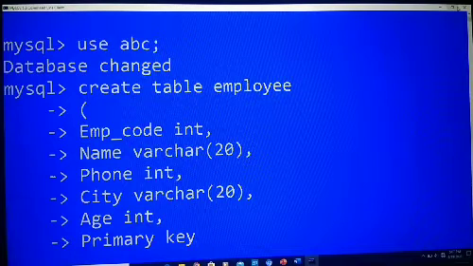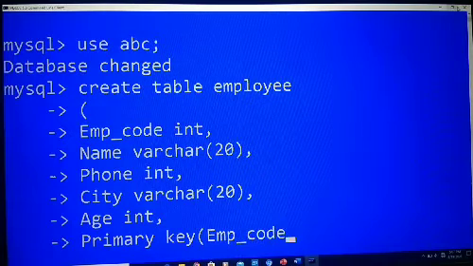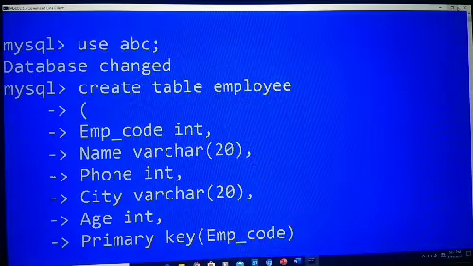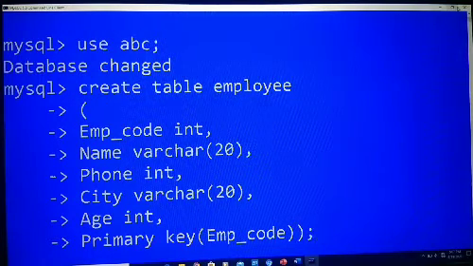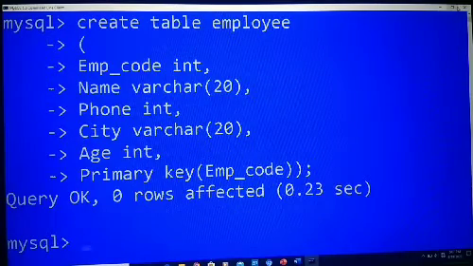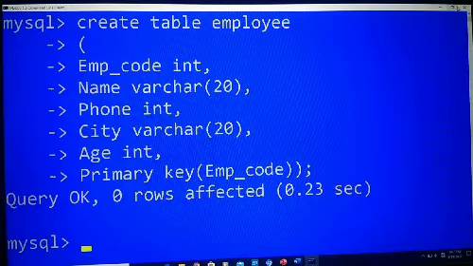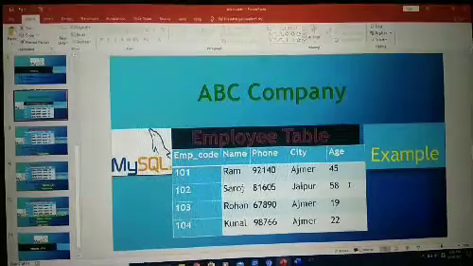Primary key EMP underscore code, parenthesis close, table parenthesis close and semicolon. Press enter. You can see here our table has been created. Is it clear?